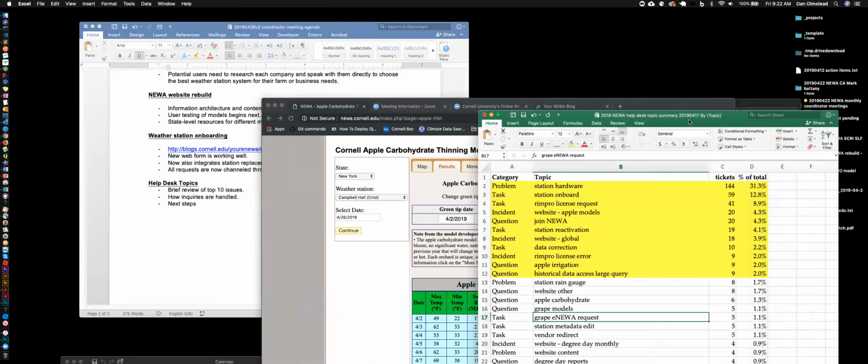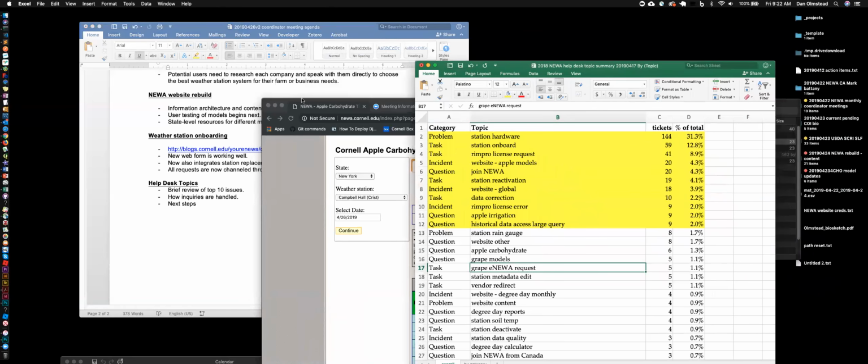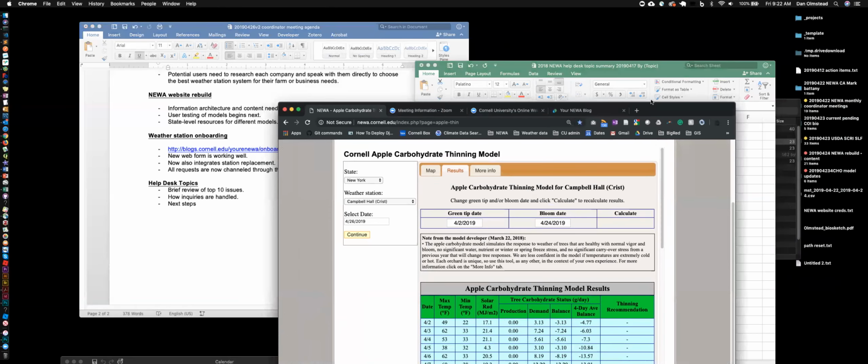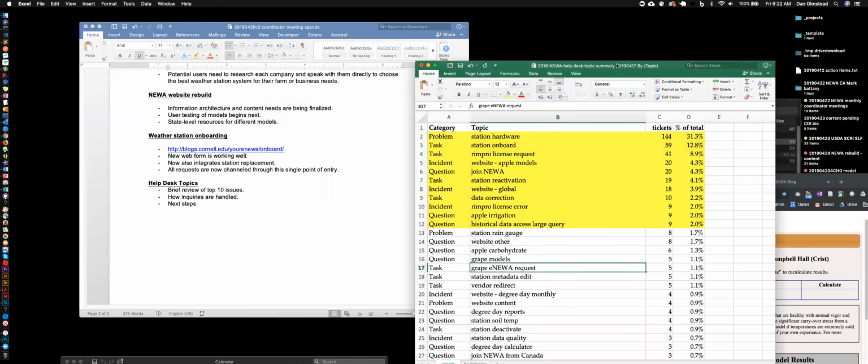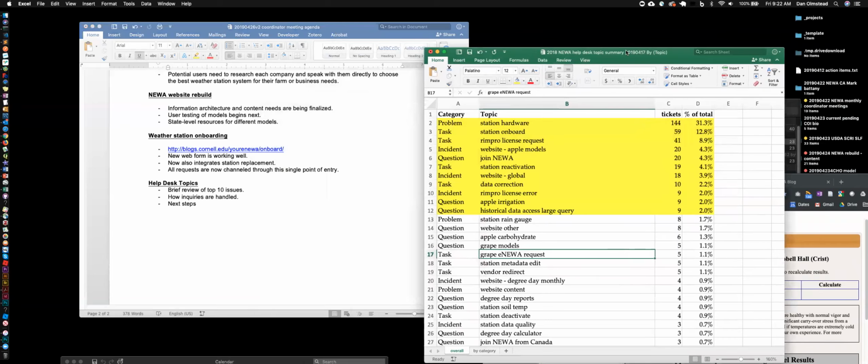One of the action items I had from our last meeting, again, I'll probably have to follow up offline to continue this, was one of the tasks that we all thought would be really useful: to summarize the help desk topics that I had to address last year through Zendesk.